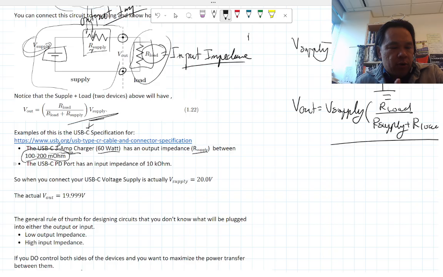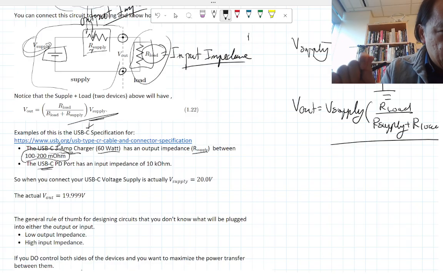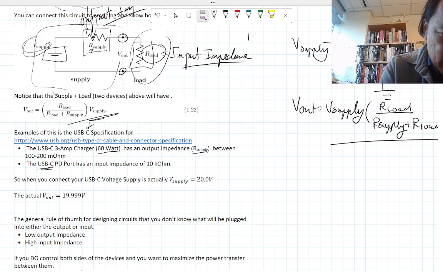Okay, so 0.1 ohm to 0.2 ohm. And that's the standard that the USB people determine, so that whenever you plug something in, your device actually detects this output impedance from your power supply and knows, okay, I can draw 3 amps of power from it. Okay, and then your input side, basically,